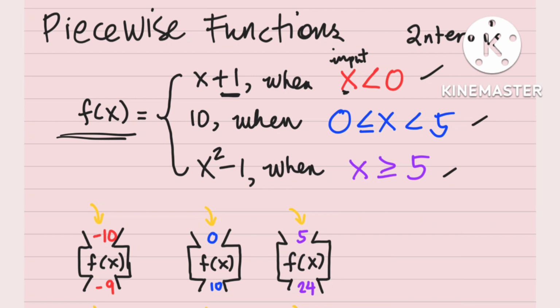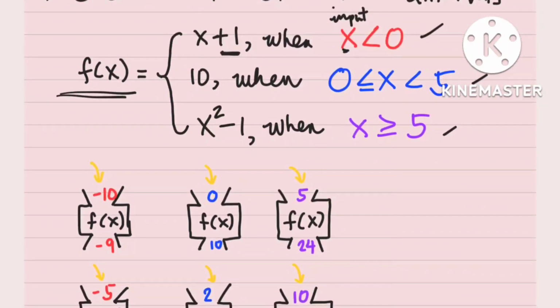So when you input a number that is less than 0, you have to add 1 to it in order to obtain the output. For example, when I input the number -10